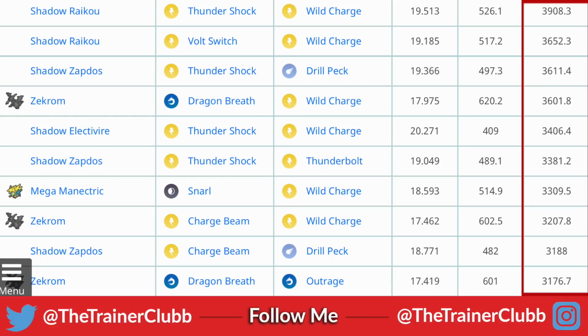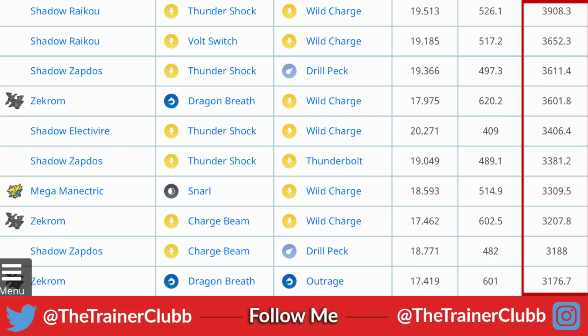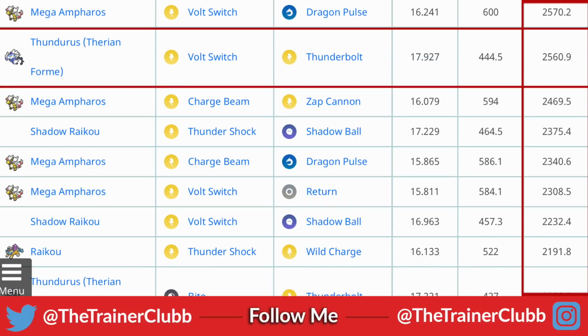If you guys did want to check out the Zekrom, which is going to be the number 1 non-Shadow non-Mega attacker, it's going to be Charge Beam Wild Charge at 3207. If we do want to see where this particular Pokemon sits, we go to the Therian Forme, which is going to be on the 3rd page with Volt Switch and Thunderbolt at 2560. So now that Pokemon went from a "I'm not going to recommend it" to a decently high